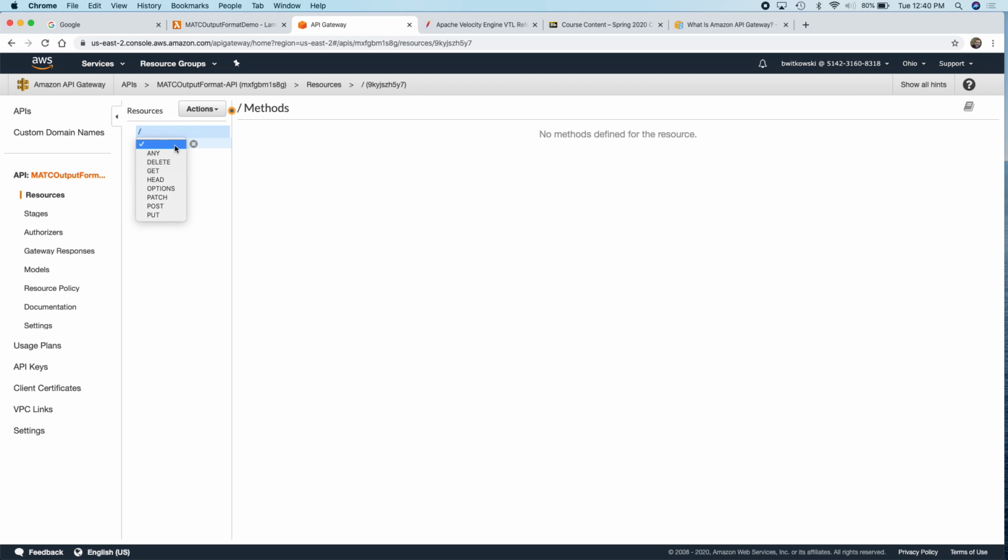So my HTTP verb, like how am I ending up at this endpoint? That's what I'm describing here. So I know that I'm going to end up there via HTTP traffic, but then which verb got me there? Was it a post? Was it a put? Was it a delete? Was it a get? Since I just want to read the student, I just want to get information, it's going to be a get. So I'm going to say for the get,